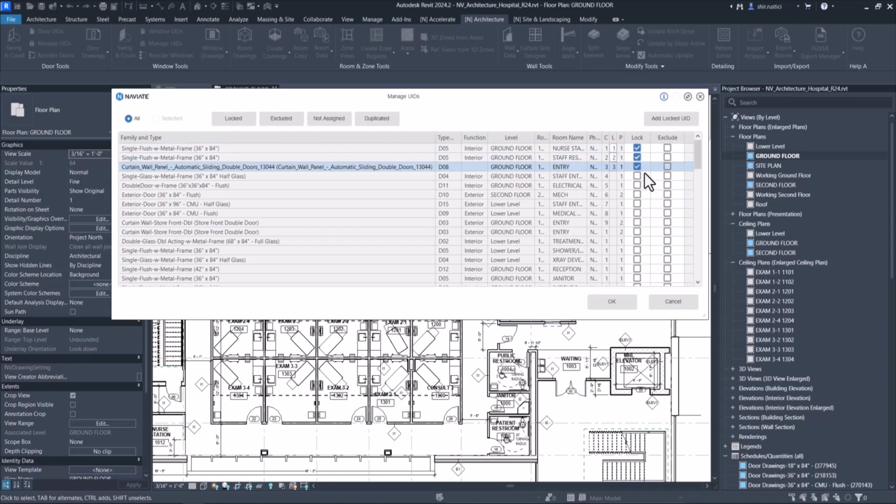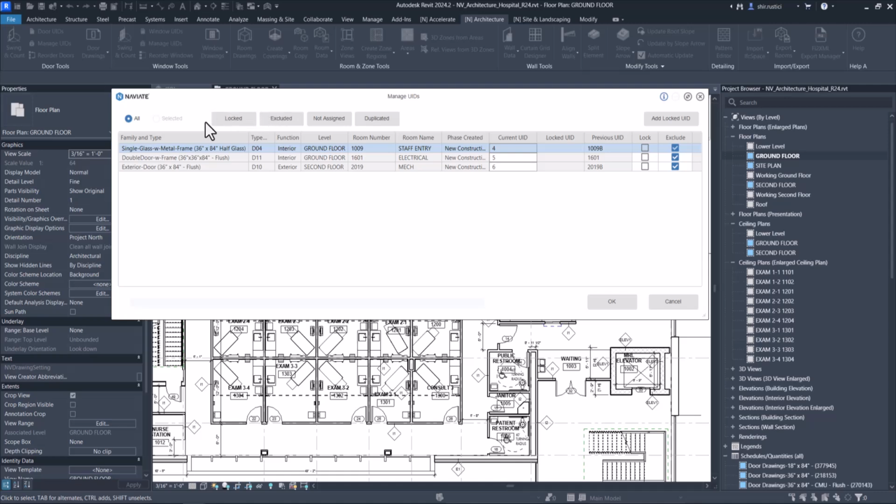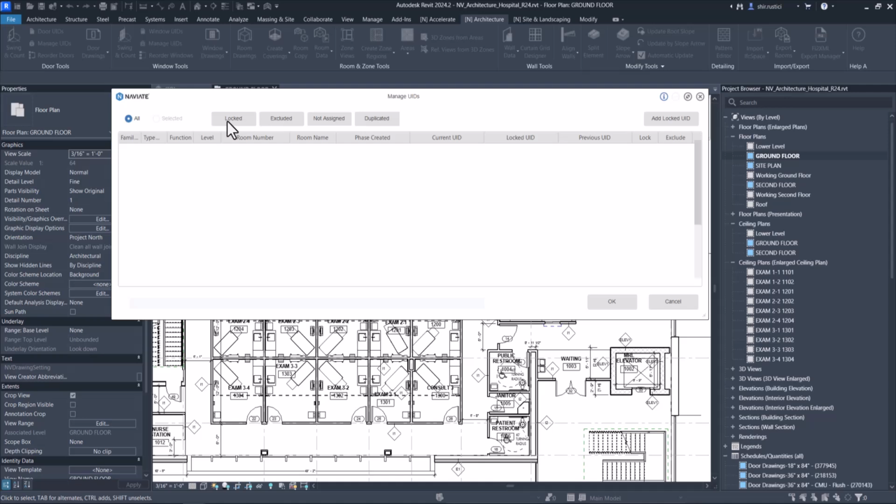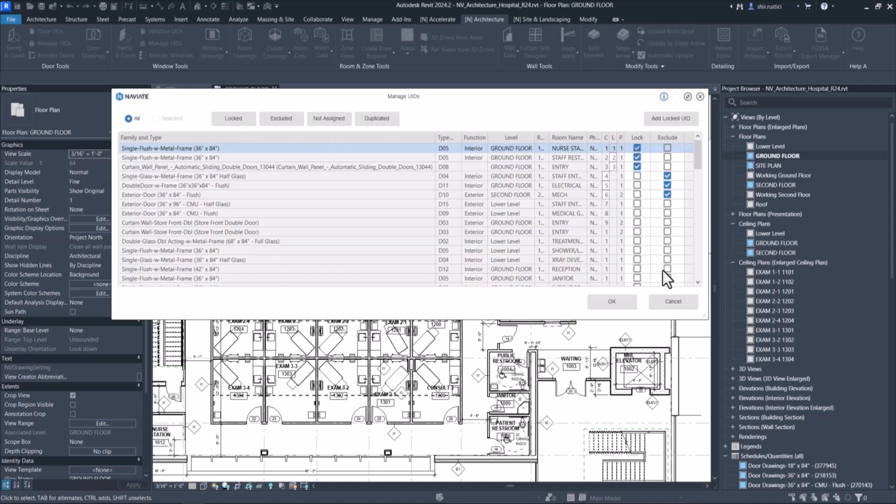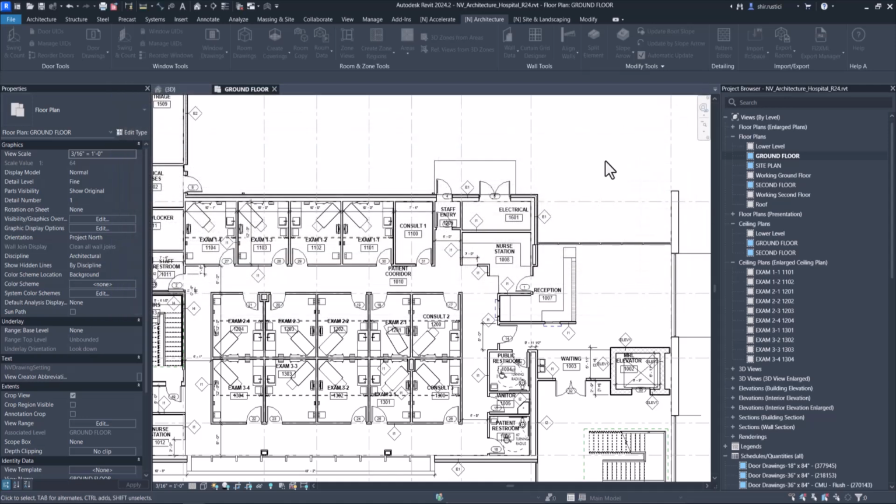Previously, if I toggled some of these on and then changed my filter prior to hitting OK, it wouldn't remember which elements I had checked on or off. Now I can turn on my filters, change my filters, adjust them in any way, and these remain checked, and I can hit OK, and it will run correctly and remember which were checked and which weren't.